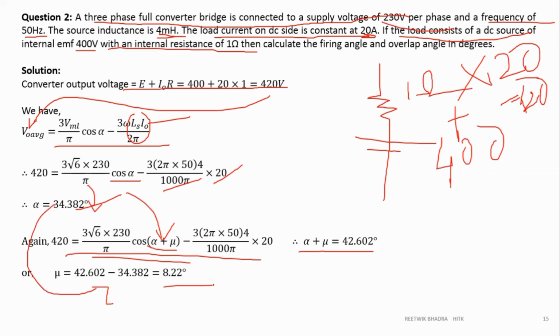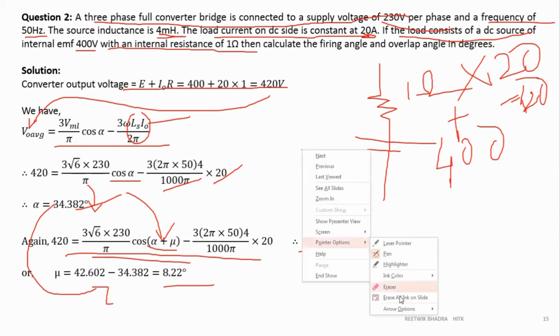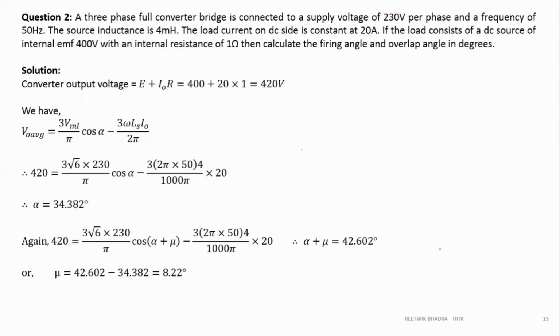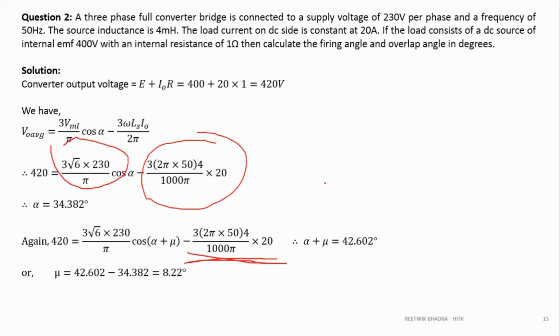So this is what we have discussed till now: the effect of source inductance, and by which factor the voltage that would have appeared in a full converter is being reduced. That is very important here. If your average voltage reduces, RMS will also reduce and everything else will reduce, so your performance parameters will also change. That is the most important thing we should understand: what is the effect of our source inductance? So today's lecture I have completed.